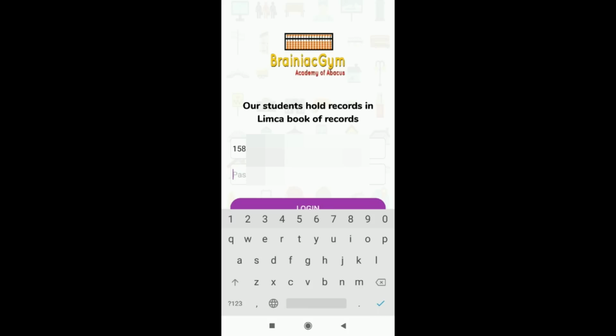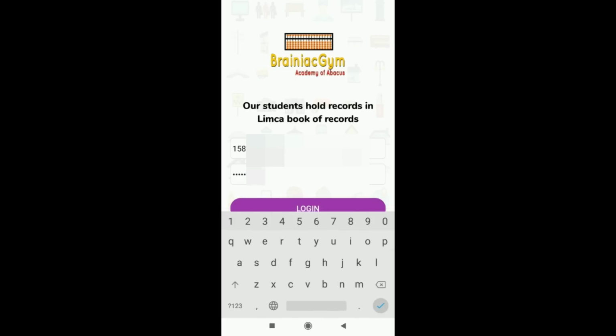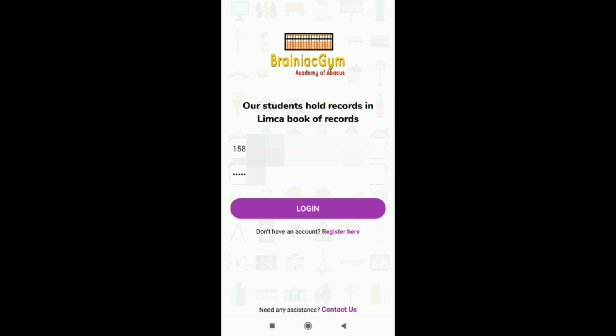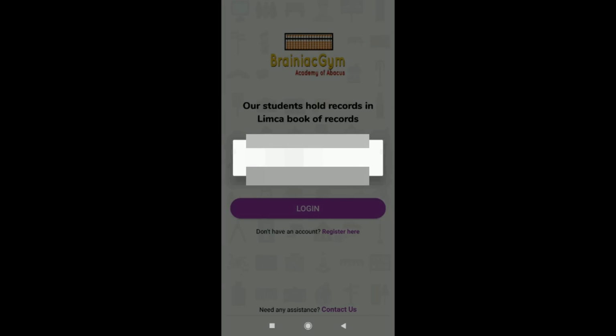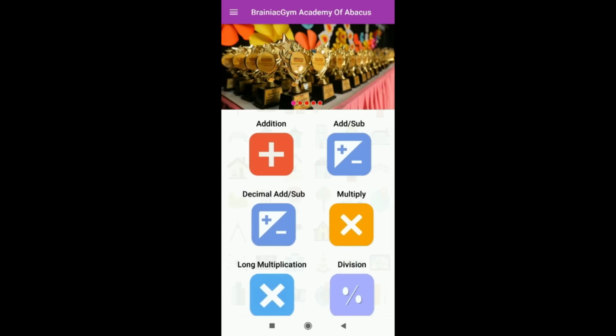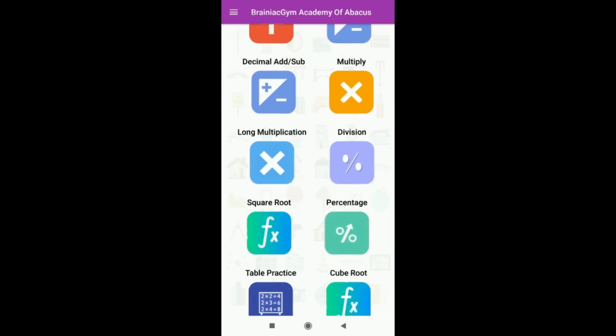Now the password. Now when we will click on login, your application will open. Here it is.